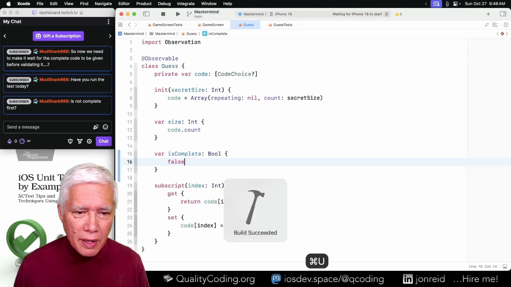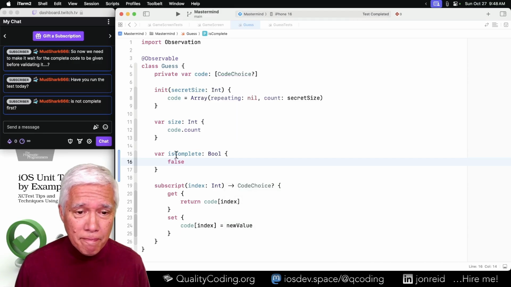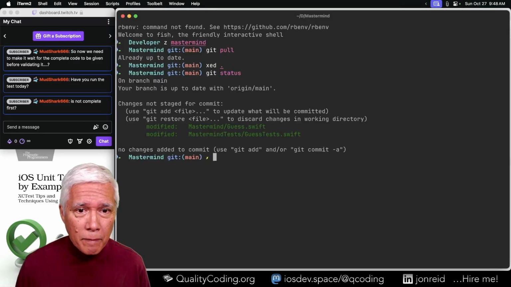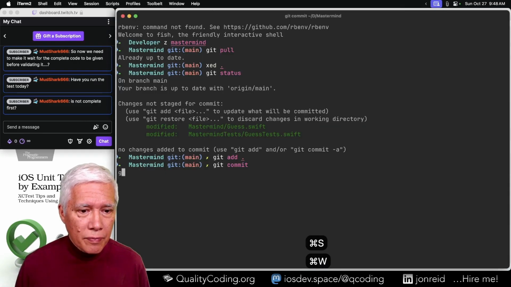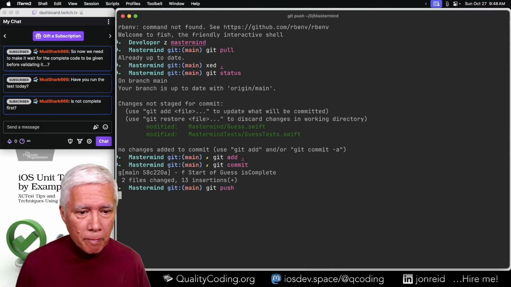So now we'll see it pass. And let's commit this. What have we got? A new feature with very few lines. And I will push it.